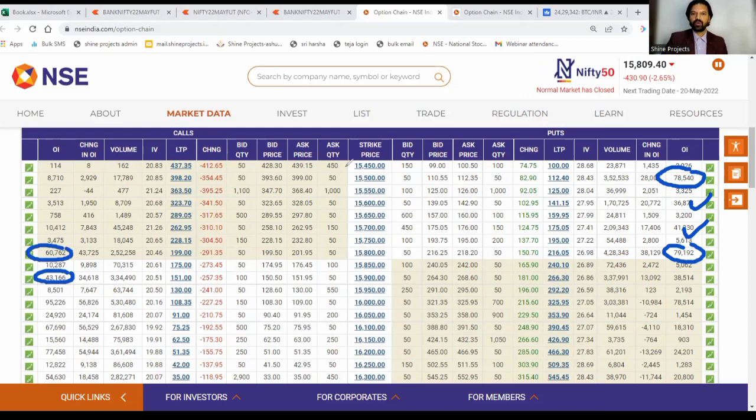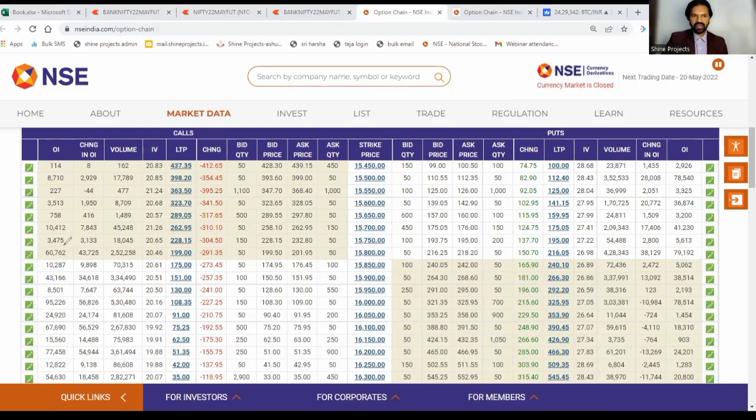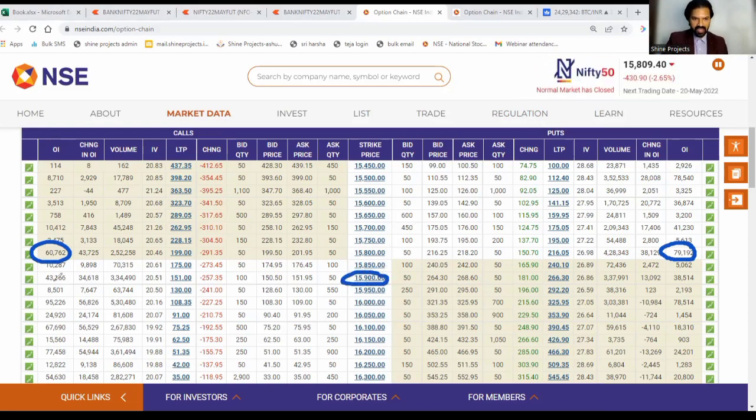Before going to 15,900 at all, there is an immediate resistance at 15,800. But because the put writing is dominating the call writers, it is slightly on the bullish side. The next point that I want you to look at is 15,900